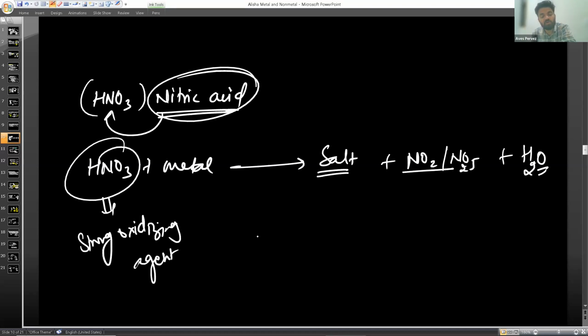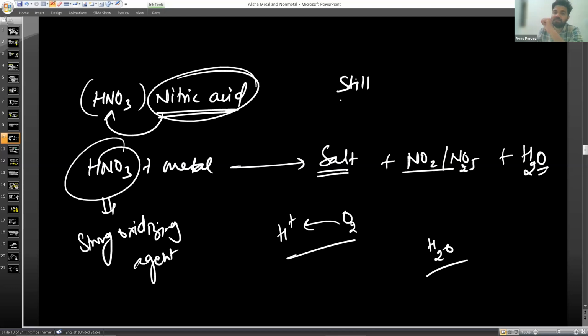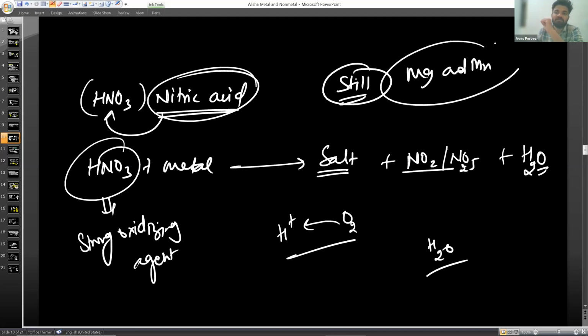So what does it do? It oxidizes the H plus ions to water. Instead of producing hydrogen gas, it produces water, and itself gets reduced to any of the nitrogen oxides such as NO2 or N2O5. But there are still two metals, magnesium and manganese, which on reaction